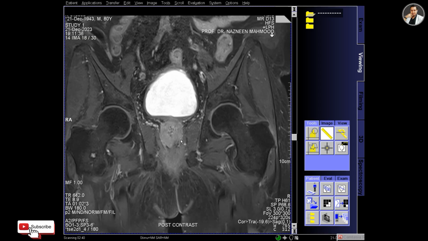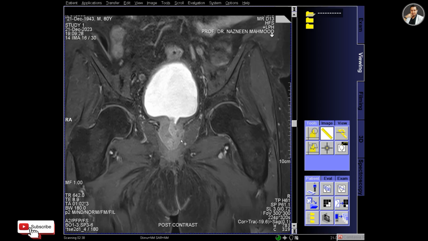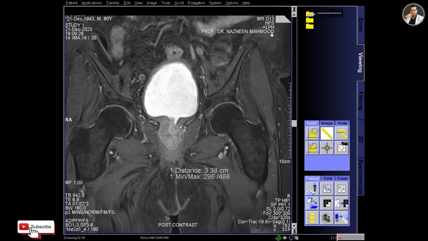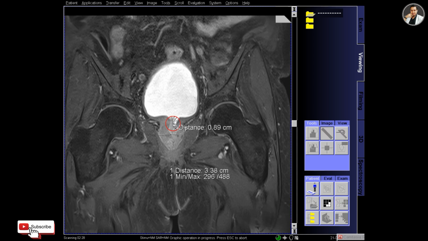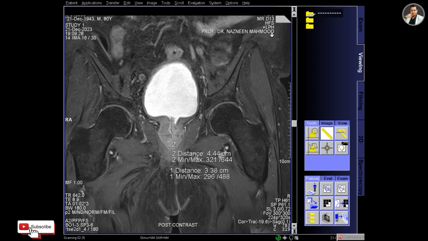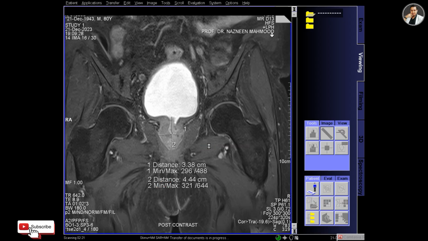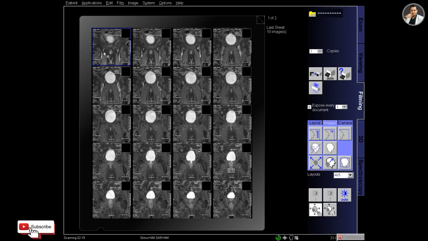So this is the T1 fat set coronal, and I will again give the measurement in this view. The width is 3.38 centimeter and the length is, so let's drag again the line.